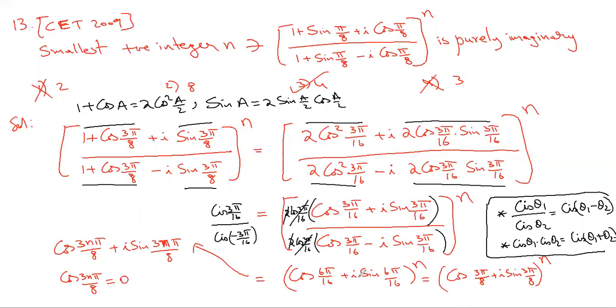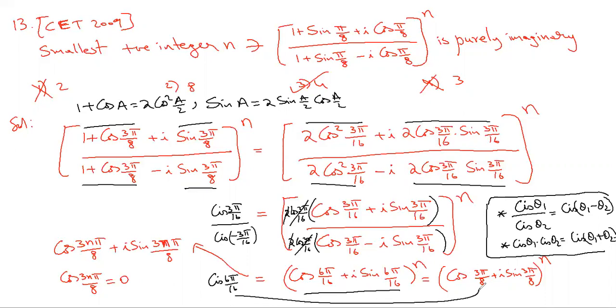We could write the entire calculation in terms of cis. That will be simpler. But you will be more confused with that cis than these properties. That's why I didn't use that strange notation for you. But from the next problem onwards, you can use that cis directly. You'll be comfortable with that. So the cos 3 pi by 16 plus i sin 3 pi by 16 is cis 3 pi by 16. You get cis 6 pi by 16, which I wrote as cos 3 pi by 16 plus i sin 3 pi by 16 whole power n, right? And I simplified 6 by 16 to 3 by 8.